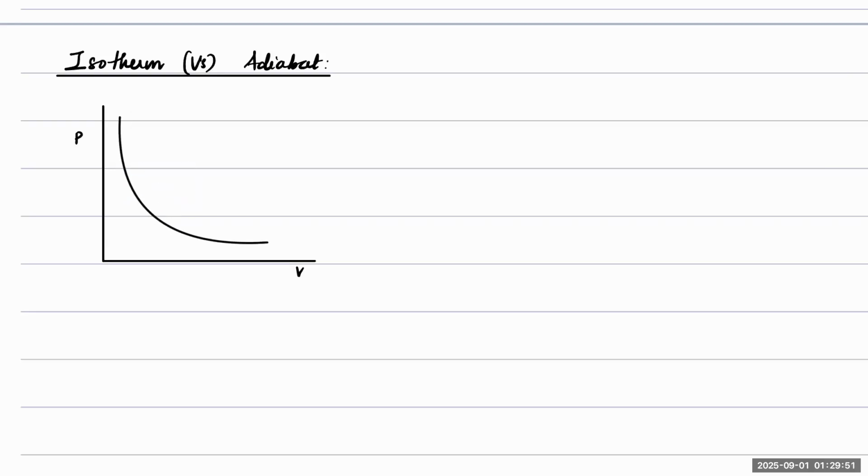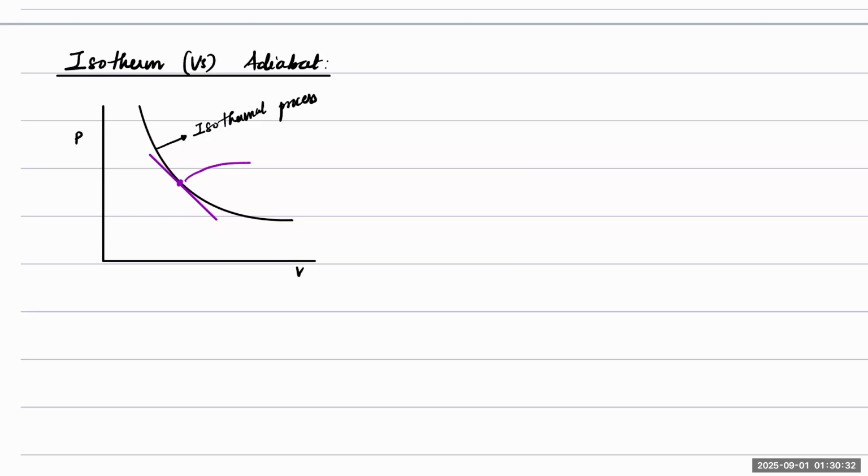But you know that when it comes to the pressure versus volume graph for an isothermal process, let's say this is how the isothermal process is. Now, for an isothermal process, you will see the graph goes like this. This is the graph for an isothermal process. Now, at any point, let's say this is the point I'm talking about, if at all you're trying to find the slope of the curve at this point,